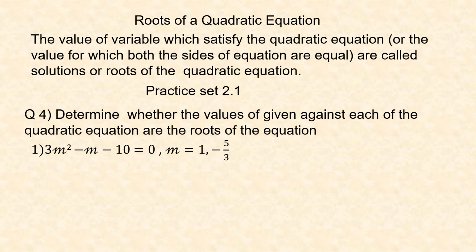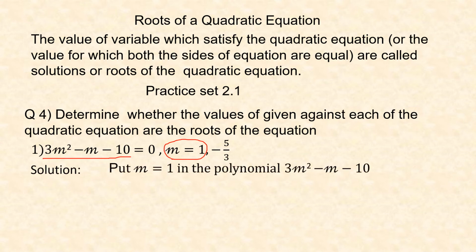First this value m is equal to 1 we put in the equation, or the left hand part of this equation, and the left hand part is a polynomial. Put m is equal to 1 in the polynomial, means left hand side part 3m square minus m minus 10